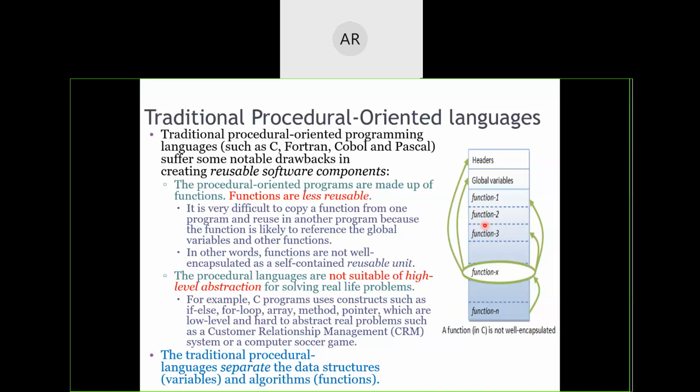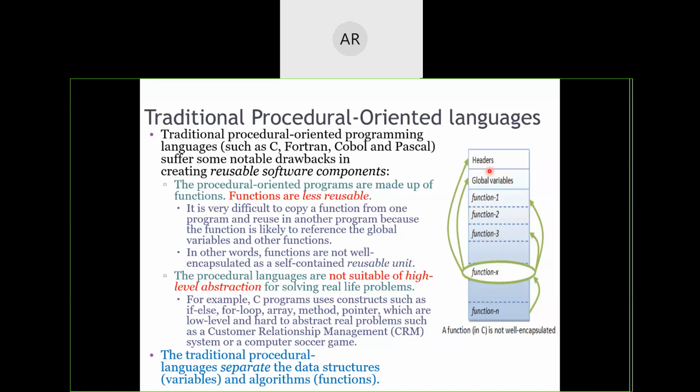Okay. Second thing is, in case of our normal procedure-oriented programming, we used to declare and write the variables separately, and we used to define the functionalities separately. Variables we used to first declare, and then we used to define our functions. But those were two separate sections. But in case of object-oriented, variables and the functionalities which are related together, which are going to act like one single part, will be combined together or encapsulated together into one single object.